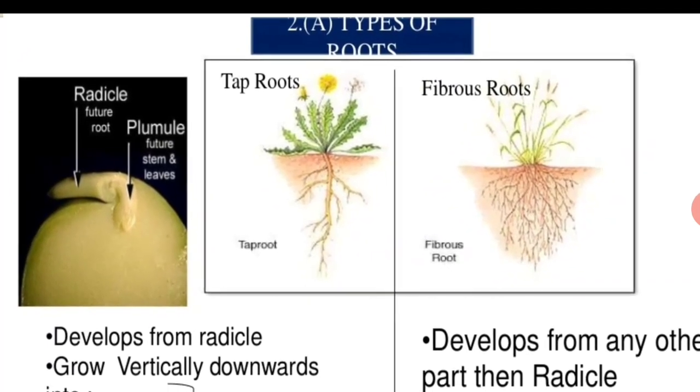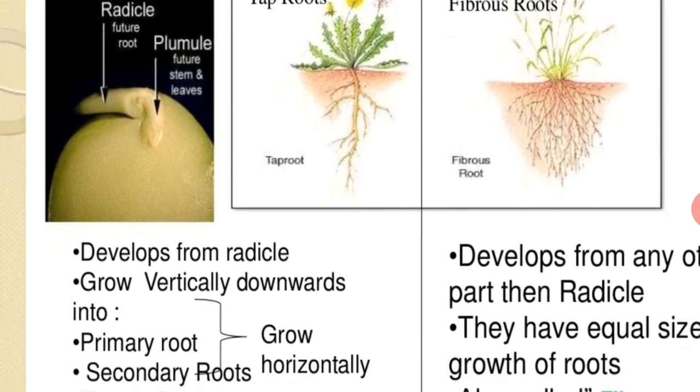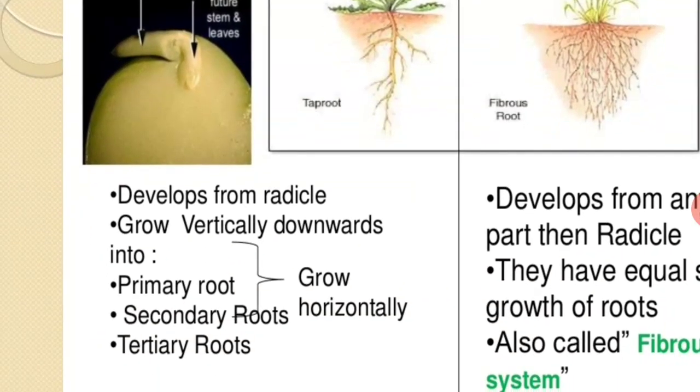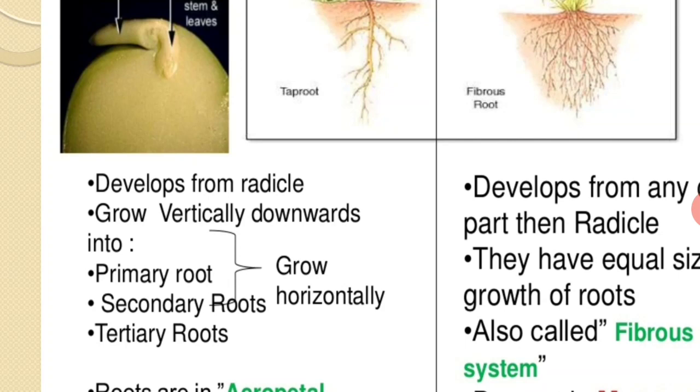Now the types of root systems. In the taproot system, you can see a single primary root is developed, and the branches from it are known as the secondary roots. After that, tertiary roots, and so many very small root-like structures that are known as the rootlets. In the fibrous root system, you can see a bunch of roots found here. They develop from the radicle. The taproot system grows vertically downwards, developed into a primary root, secondary root, tertiary roots,